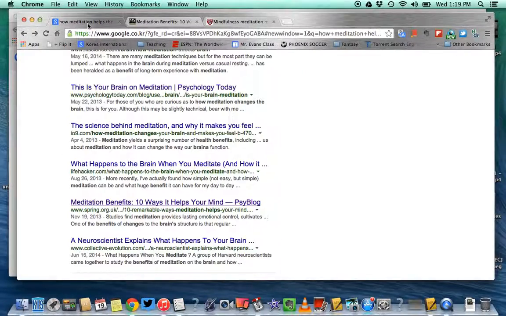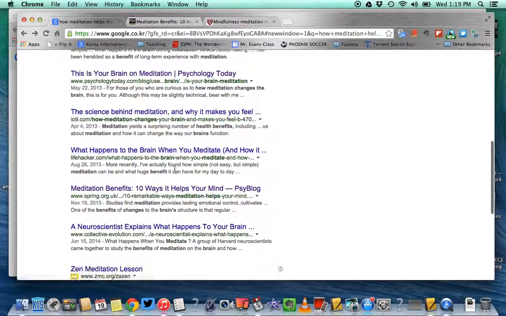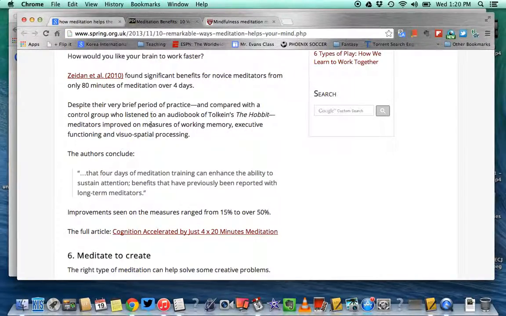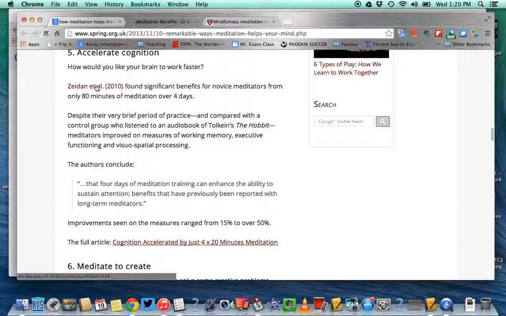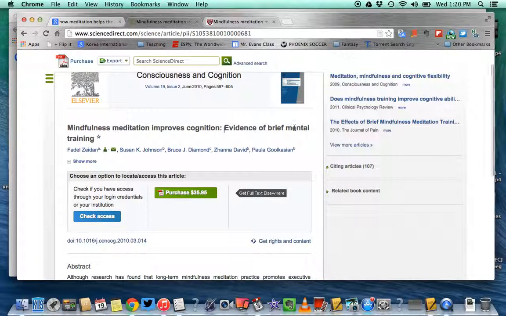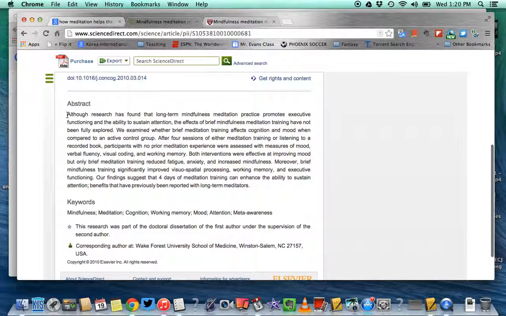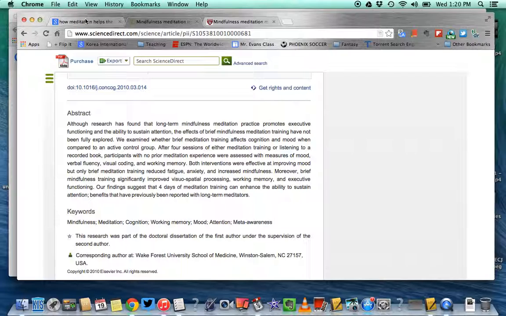And so even just doing a normal Google search like this and digging down deep, if you see how far I had to scroll down to get to this site, you can still find some useful information. If I go back to this site and let's say I click on the actual research article that they have linked on accelerating the speed of thought, I'm brought to Science Direct. This is a site that posts research, evidence of brief mental training. If I scroll down, I can purchase this whole article, but for our sakes, the abstract, which is basically just an introduction to the article, is going to be enough for me. And I can read that, and now I have research that will go into my essay.